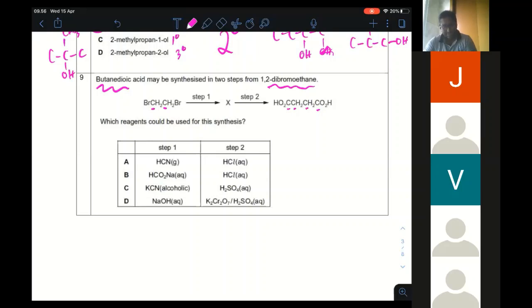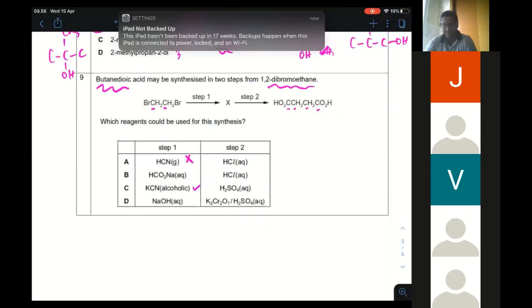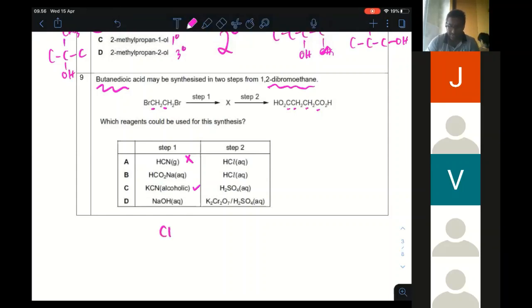KCN. Do not react with HCN, that is for carbonyl compounds. So we are looking at KCN. Any reaction that has KCN is the one that we are looking for. So step 1, you need to react with KCN, and what's going to happen is CH2, CH2, you get CN